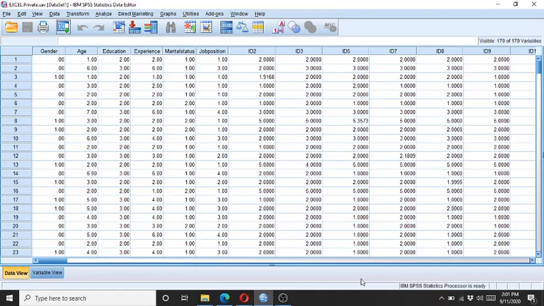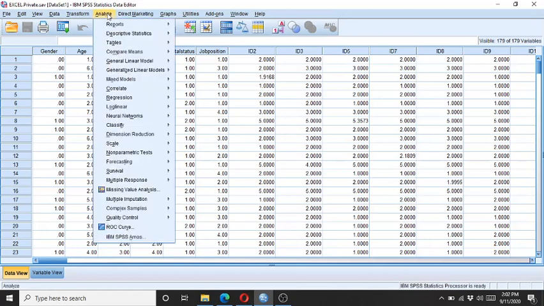The SPSS software provides different ways of calculating the descriptive statistics, and we have different kinds of descriptive statistics like mean, mode, skewness, kurtosis, frequency distribution, and so many other descriptive statistics that can be used at the different stages of data analysis.